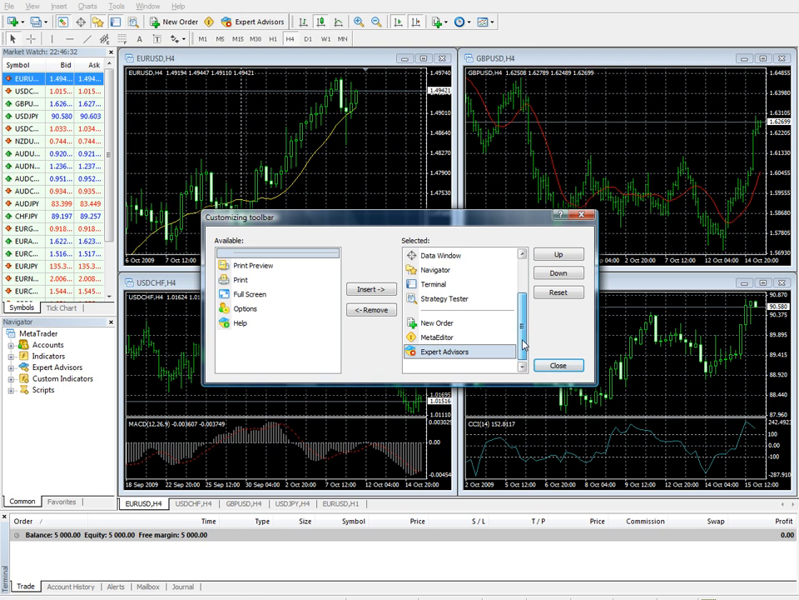And let's roll back down here to customize. In customize, you have an opportunity to change some things here. And this is set up for your standard toolbar here. If you wanted print preview, you could either insert that or you could remove it. New order, you can see here, you remove the new order